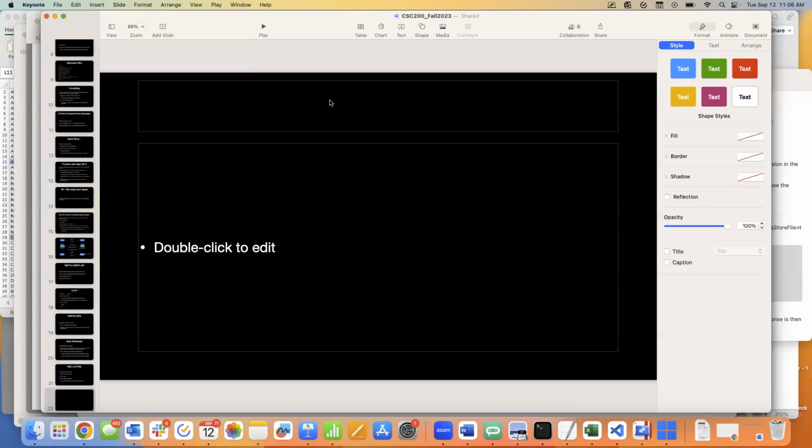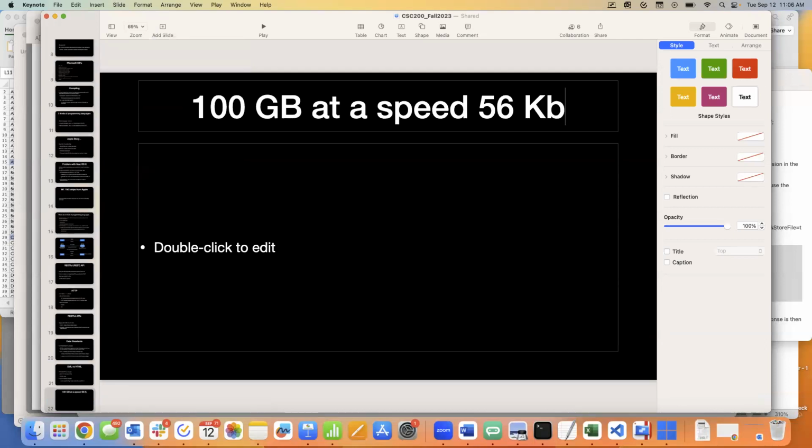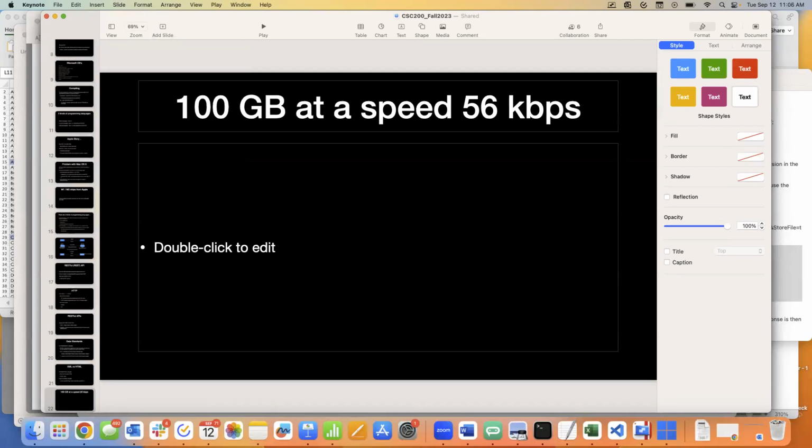Great show. All right, so if we take 100 gigabytes at a speed of, and we'll even maximize our dial-up speed, so that's 56 kilobits per second. That's the maximum speed of a dial-up modem. So we're just going to take a step back in time and assume we're downloading a modern video game over a dial-up modem, and get an idea of how long that would actually take, given our conversation at the beginning of class today about the internet only going at 700 megabits per second.